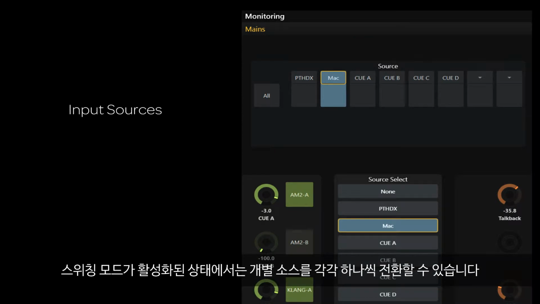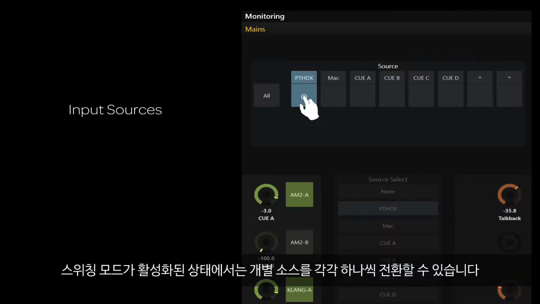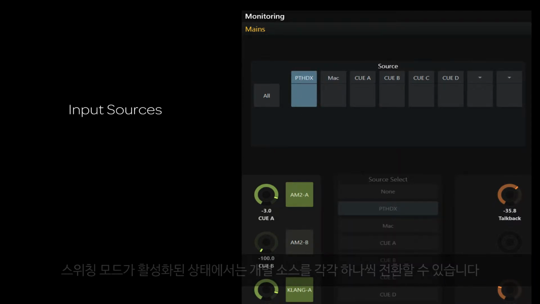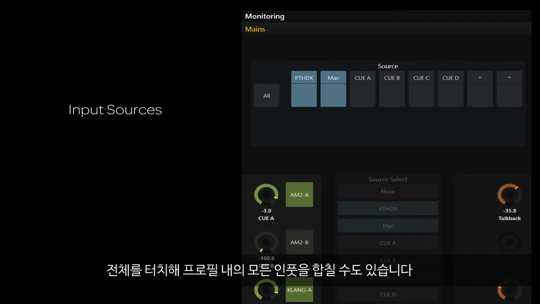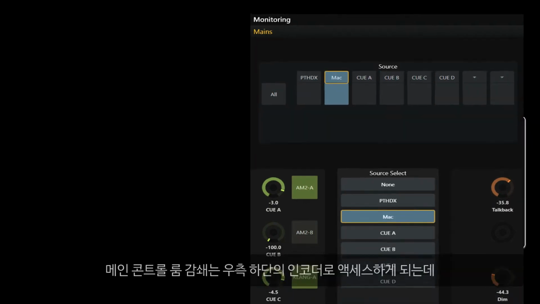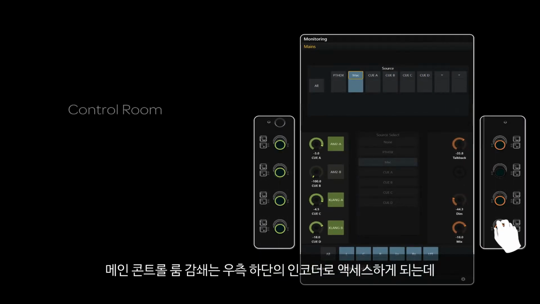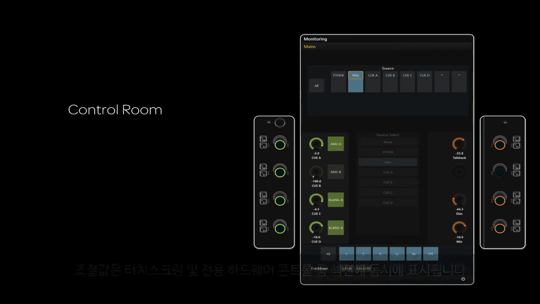With switching mode enabled, I can toggle one by one between individual sources. In summing mode, I can touch to enable multiple source inputs, or even touch all to sum all of the inputs within my profile. The primary control room attenuation is accessed from the lower right encoder, whose values are represented